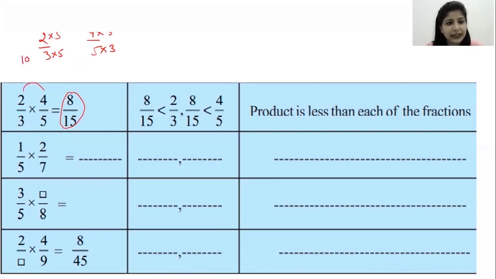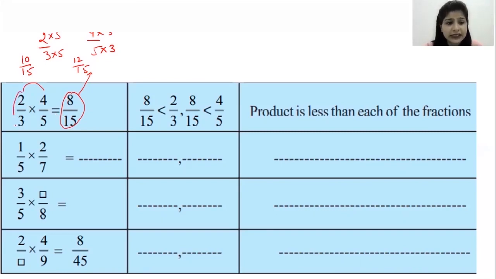So it is actually 10/15 and this is actually 12/15 if you observe. Yes? And the answer that we got is 8/15. So what can you say about 8/15, is it greater or smaller than 10/15? It is smaller than 10/15. Similarly, it is smaller than 12/15 as well. So we can say that whatever the product we get